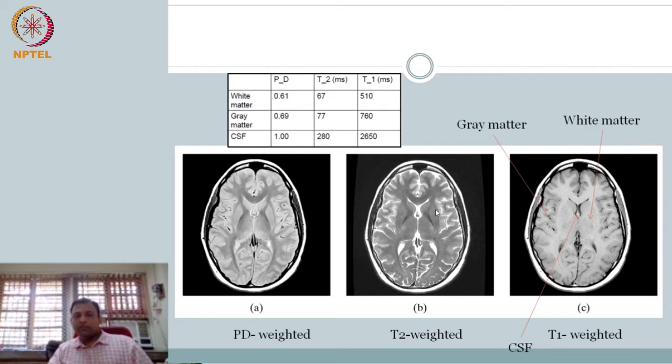So now our objective is to understand what we mean by PD weighted, how we get PD weighted, how we get T2 weighted. Notice it's the same tissue, it has all these three intrinsic properties. Now somehow I have to play with my parameters that are under my control to maximize PD or maximize T2 difference or maximize T1 difference, right? So that is what we are going to see. How are you going to get a PD weighted contrast, T2 weighted contrast, T1 weighted contrast? That is going to be the task.